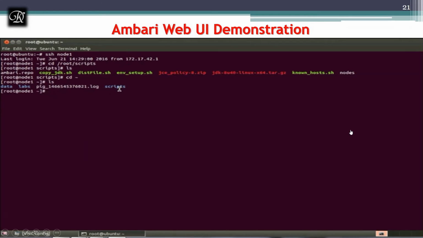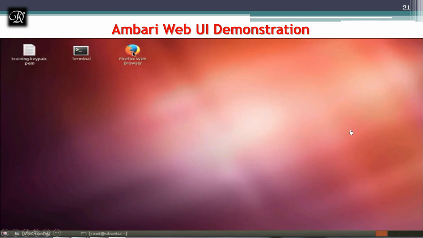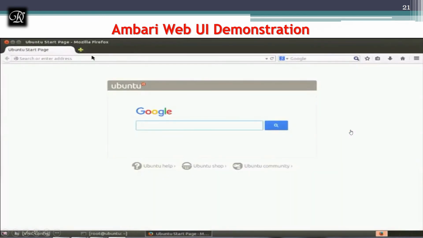Now I'll also show you how to start the agent. First you should start the server, then only you should start the agent. Once these two are running, you can either use Firefox localhost:8080, or you can directly go to your browser. Any browser you can take, it's not necessarily Firefox, but I'm using Ubuntu, where Firefox is installed by default. So I'm going with it.